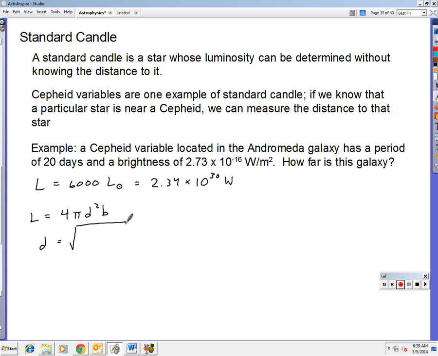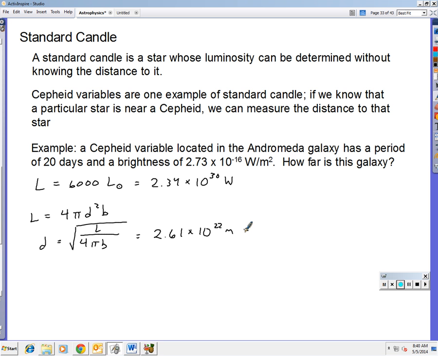D equals the square root of L over 4 pi b. Plugging numbers in, we find that the distance to this particular Cepheid variable is 2.61 times 10 to the 22 meters,